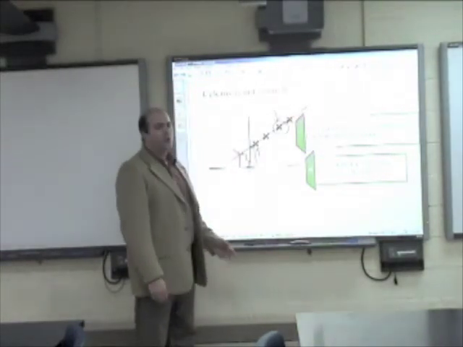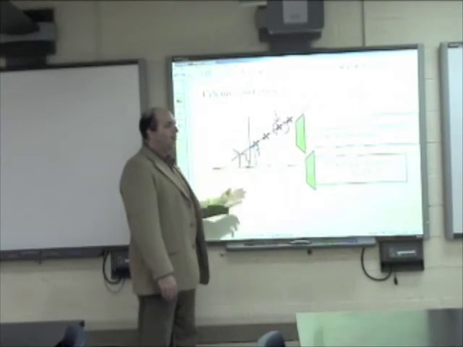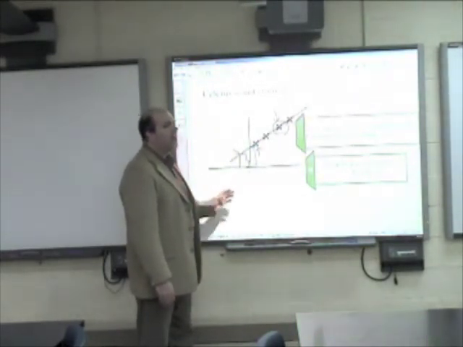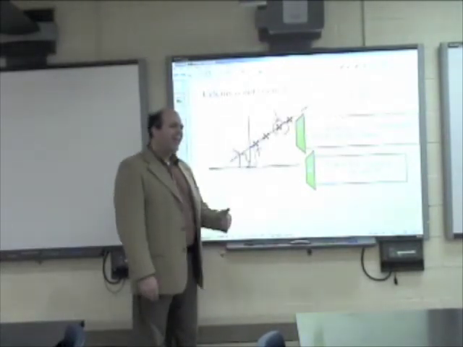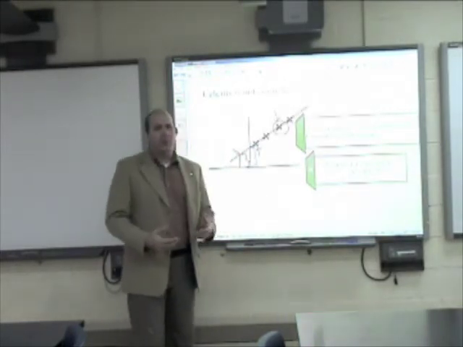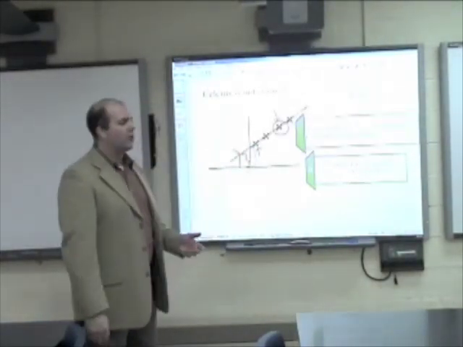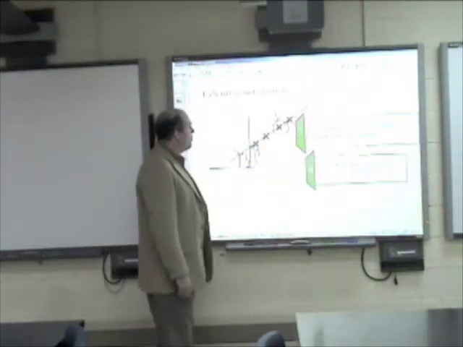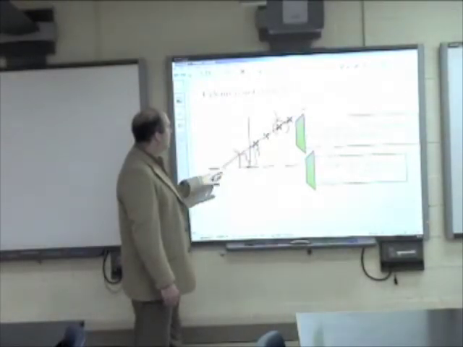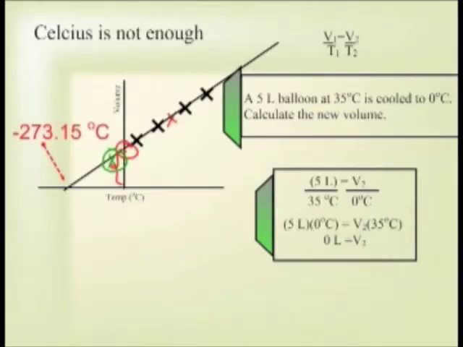And so we need to choose a new temperature scale, one that has a starting point that we'll never be able to get to. We can't have 0 and we can't have a negative for our temperature. Well, maybe a good point to start would be way back here, this spot that we can't get to, this spot where there's no movement, this spot where everything stops moving. And maybe we should start a new temperature scale there.